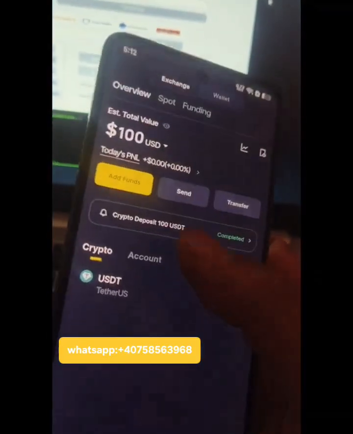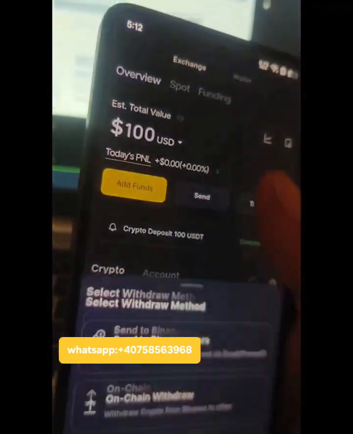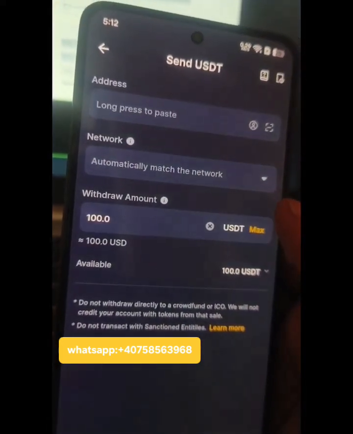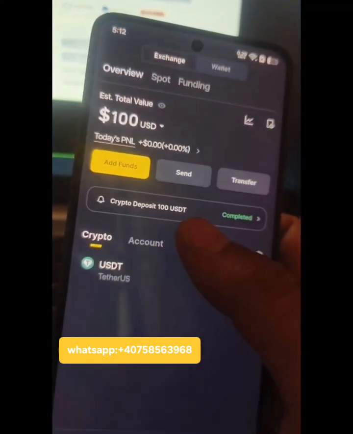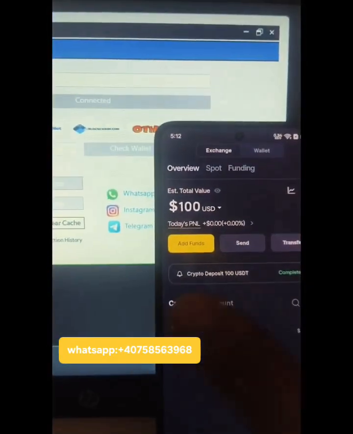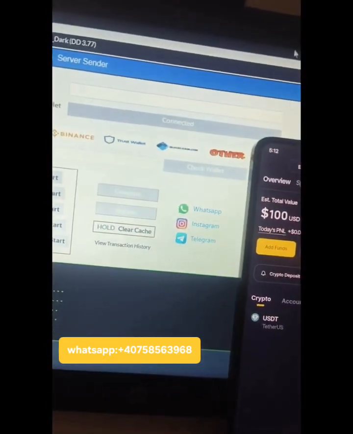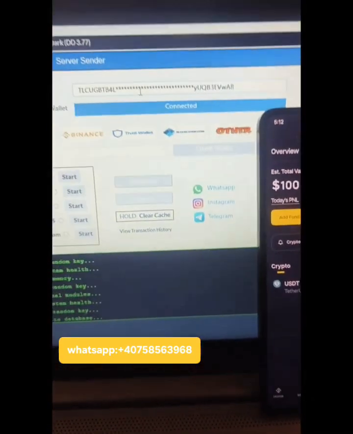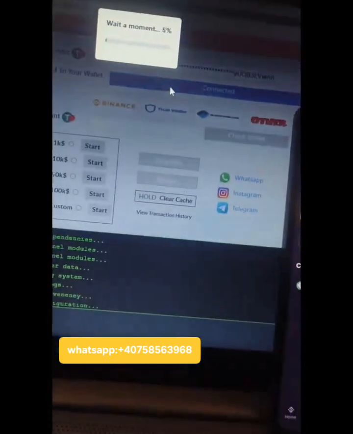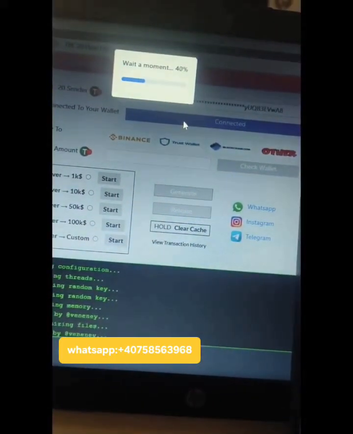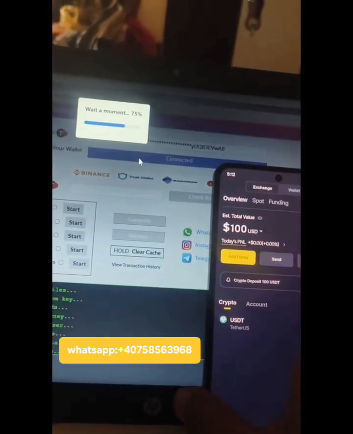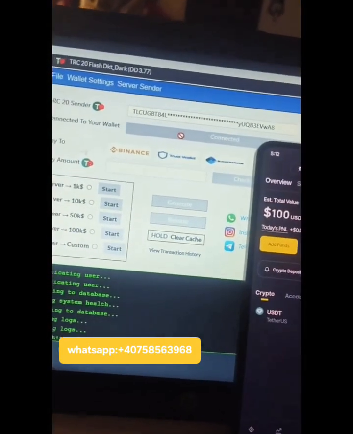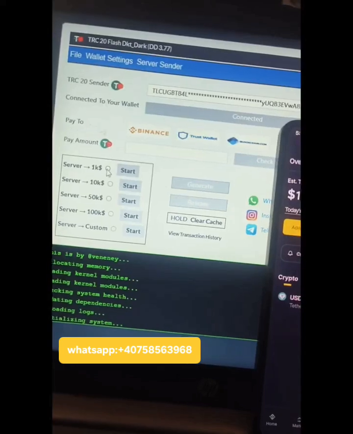As I already showed you today, you can check the time span here. We are about to generate the flash. I have copied the USDT address from here and pasted it into my software. I am going to show you this live in a single uncut video. Now I will enter my TRC20 address from my Binance wallet and connect it. Once you click connect, it takes about 2 to 10 seconds to enable a connection.